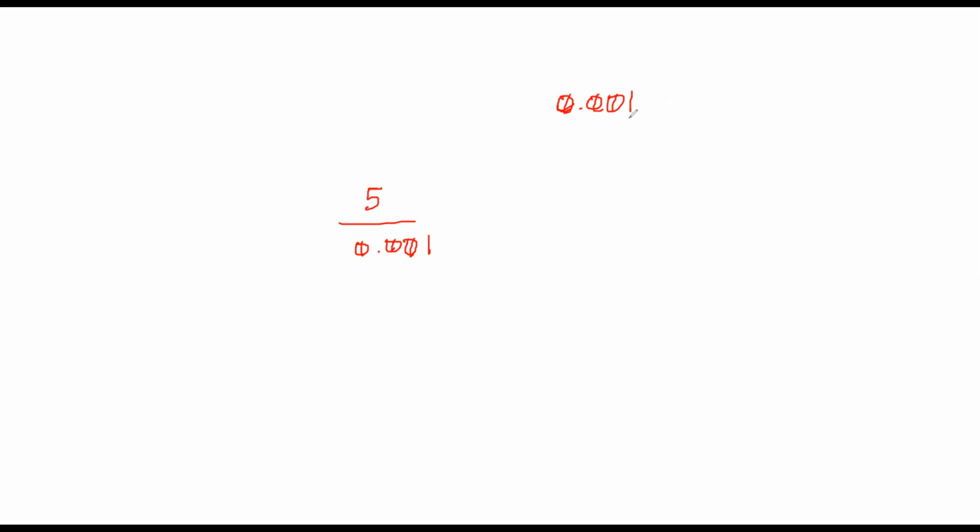Okay, so one way to look at this is 1 over 1,000, right? So what you can write this as is 5 over 1 divided by 1 over 1,000. And in order to divide fractions, what you can do is swap them, if you remember this. So you flip this one around, take the reciprocal, and you end up with 5,000.